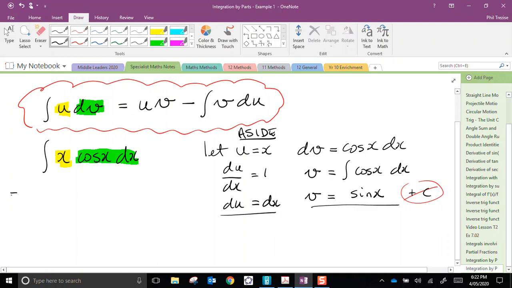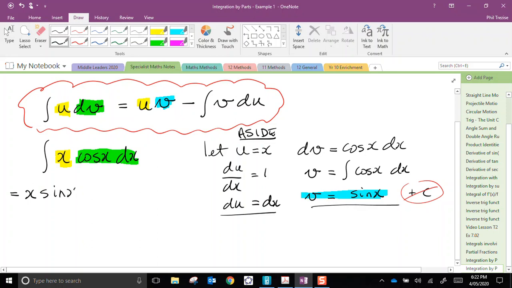Now let's rewrite this as the integral of, we're going to use the expression on the right hand side, u multiplied by v. Well, let's just think about this for a minute. u was x, so that starts off nicely enough. I'll just use my yellow to highlight there again. v. Now v is something new. v didn't appear over here. v is down here. So on the next part of my formula, I would have to write multiplied by the